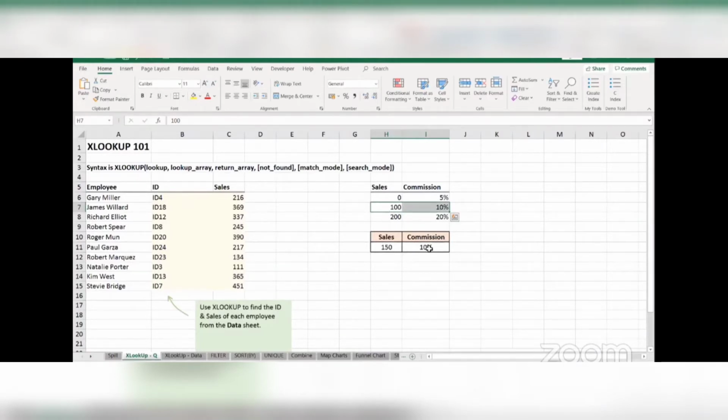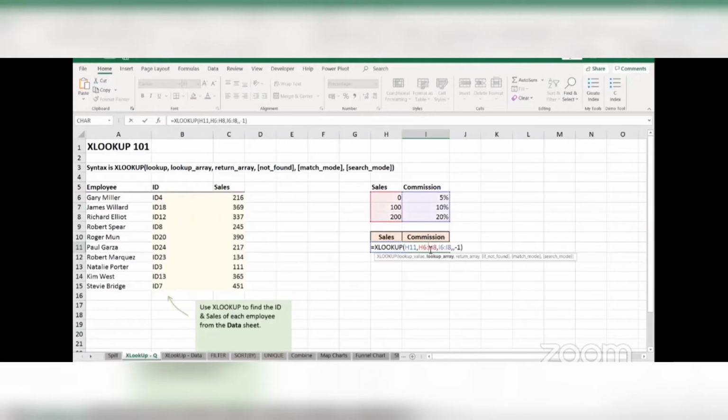All right. But instead, if I select the third option of exact match or the larger item, then it will go with 200 and return the answer for 20%. When it came to VLOOKUP, we only had the option of going with the larger item. We could not go with the smaller item.